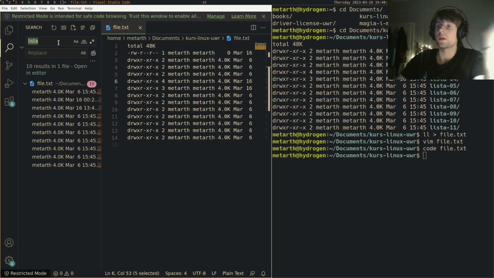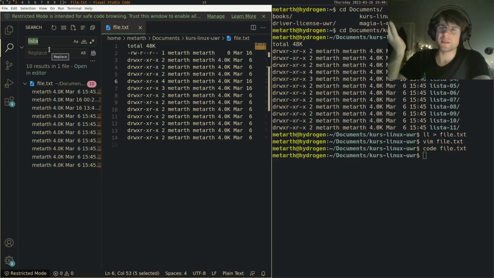So right now I have only one file opened in this editor, so obviously it displays only this file txt. But if I had some other files in here, or some other catalogs also, because it looks recursively over all catalogs in your working directory,